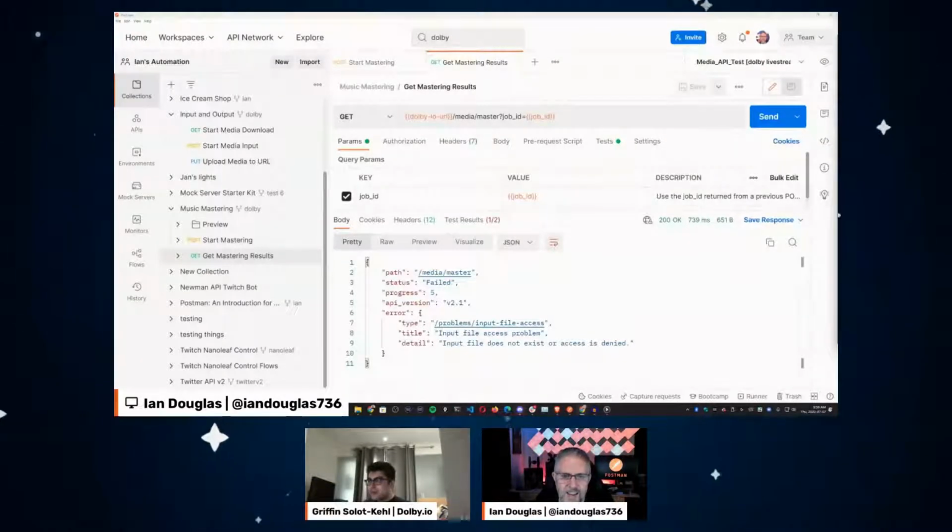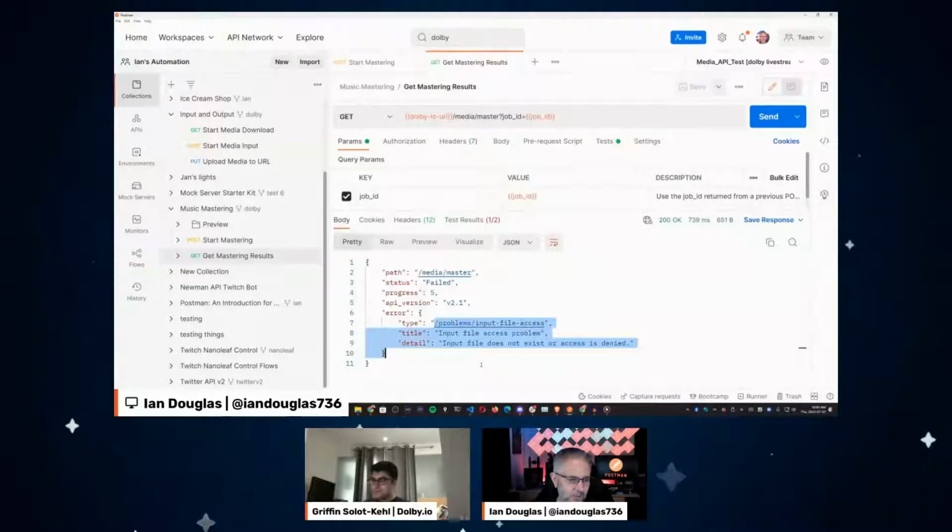Ooh, input file does not exist or access is denied. So I got 5% in. So you are right. This does take a while. It got 5% into the progress and then started saying that the input file doesn't exist. So I'm wondering if